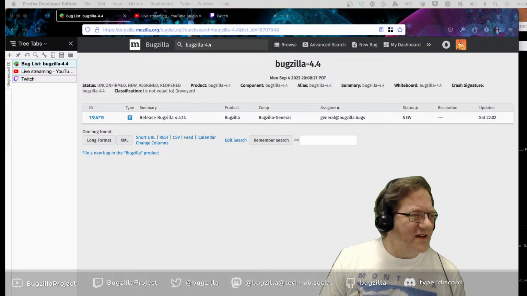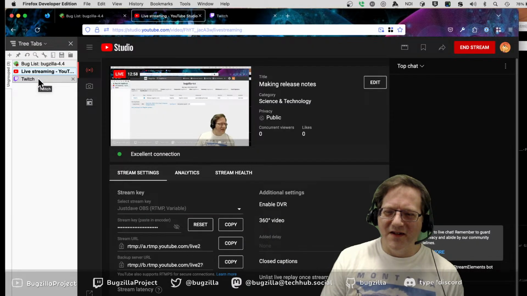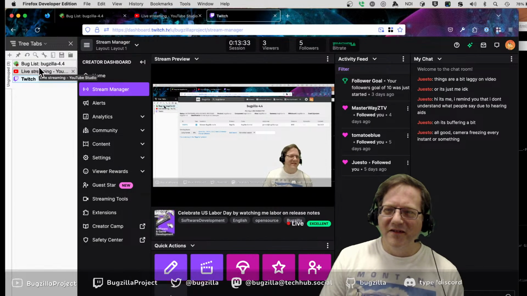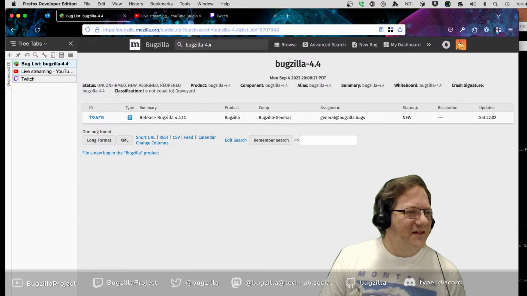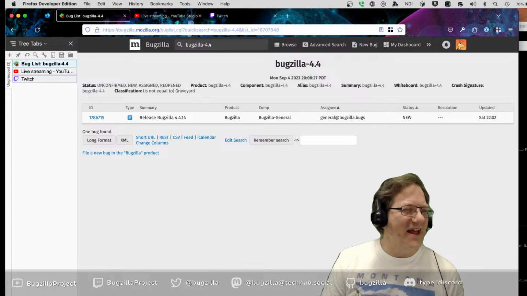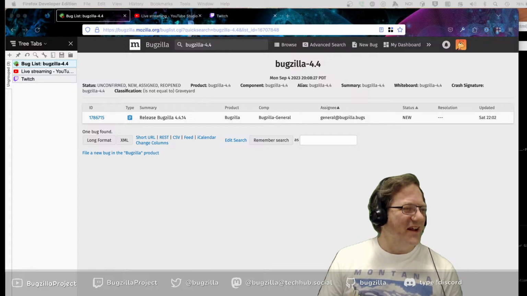Westo, are you saying the same thing in both chats, or do I somehow have the same chat in both of my widgets? I'm seeing the same thing in the Twitch chat and the YouTube chat from you, in OBS anyway. Interesting, so my stream chat widget, the built-in one, is showing me the YouTube chat instead of Twitch. Or, I mean, the widget that I thought was showing the YouTube chat is showing the Twitch chat.